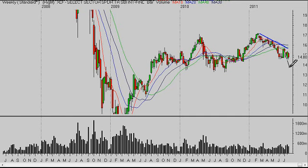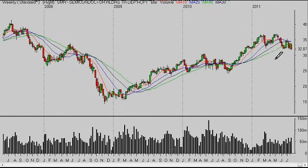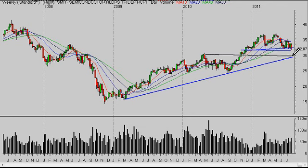Is it going to continue down towards 13.5? It very well could. I don't see a reason why it wouldn't. But the semiconductors, same thing. The more times these levels are tested, and we can take a look at this longer term trend line, maybe that's what we're headed for, that if we break 30, we head down. If we break 32, then we're going to head back down towards this level and maybe intersect with this trend line from the